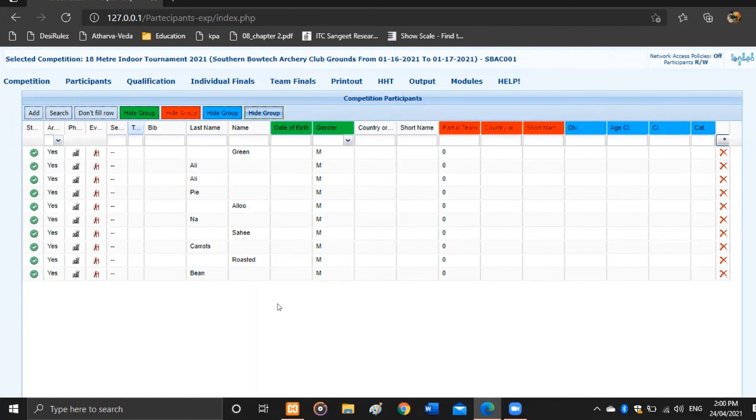Click on competition on the left hand side. And let's look at edit competition info. Right. So let's look at the session information you have in there. Go back, edit session. Good. So in here you have targets per session 24 and you have 4 archers per target. You see that there? Right? Good. It's an indoor competition, right? So you have 10 ends of 3 arrows each, which is fine. Good. So go back on competition again